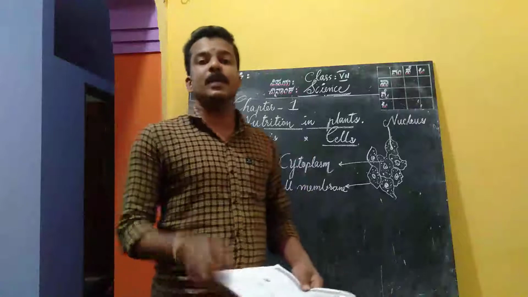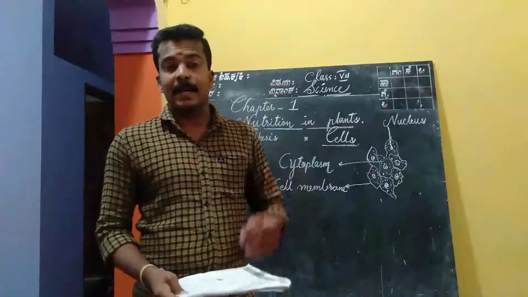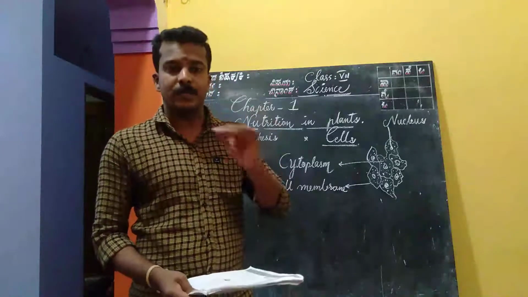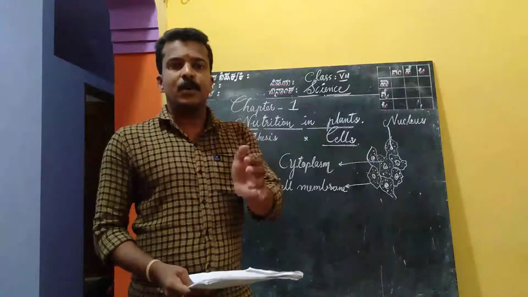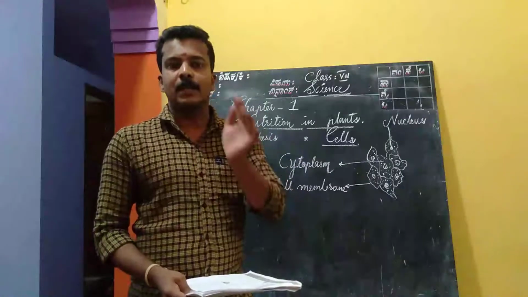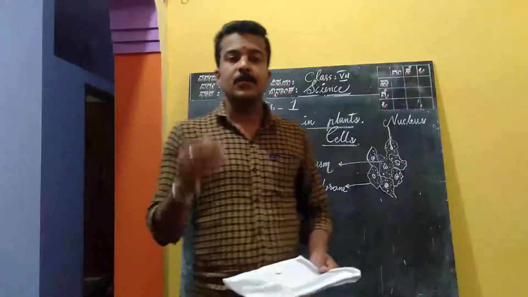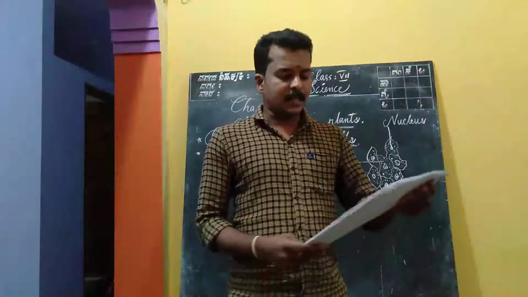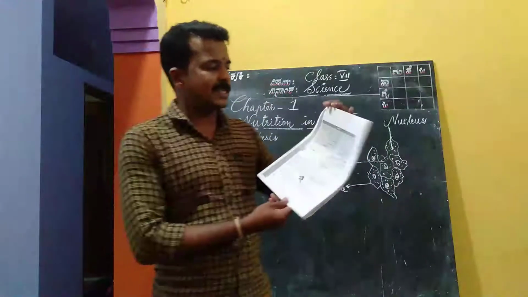We also learned about photosynthesis, the preparation of food in plants. And why is it called photosynthesis? This process takes place in the presence of light, sunlight, and that is the reason it is called photosynthesis. And we skipped one of the topics on page number 2, and that is cells.